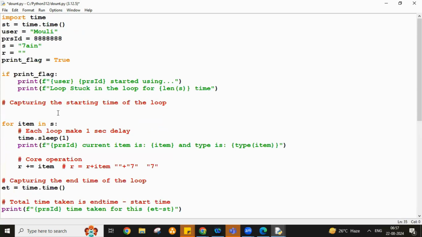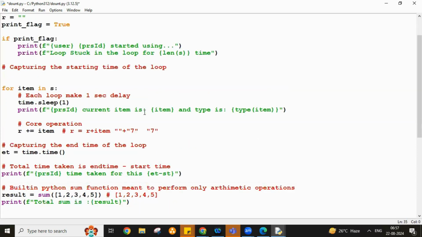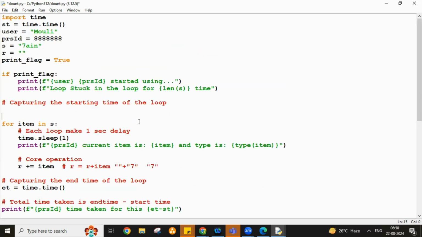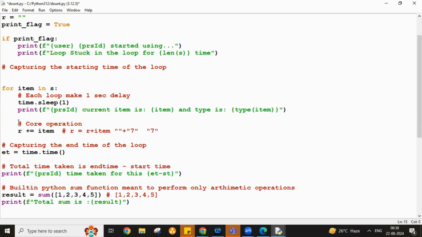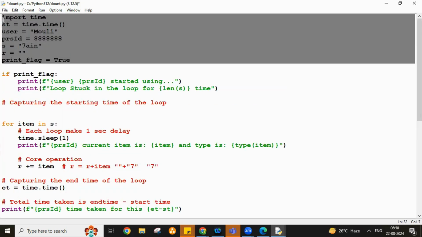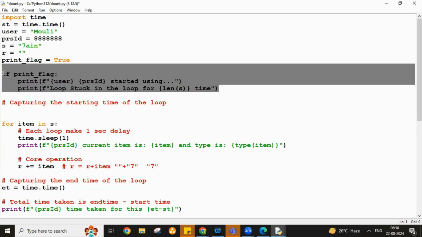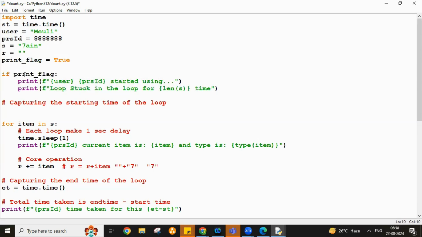Got it? So this is how deep we should learn. That's where I put each and every comment. See, if I remove all the comment lines, the program becomes very small. Don't think that there is a big program which we have written. Only the comments I added, and I added so many spaces around, right? This is the definition, and we had a print flag, which I'm explaining because